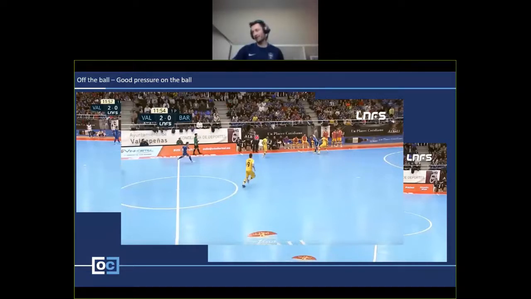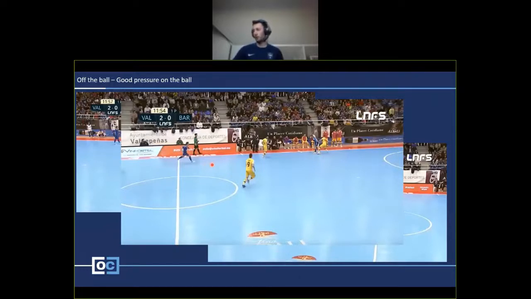But this kind of pass here, the scoop down the line, it's often on. It's quite hard to cut it out. The defender could be marking in front of the pivot, in which case the space could be on this side. The winger could be deeper and make that pass a bit more difficult, but then the pressure wouldn't be as good on the ball. So this kind of mid-range scoop is quite common in futsal. So as a pivot, getting used to deal with that, I think, is a very key thing.